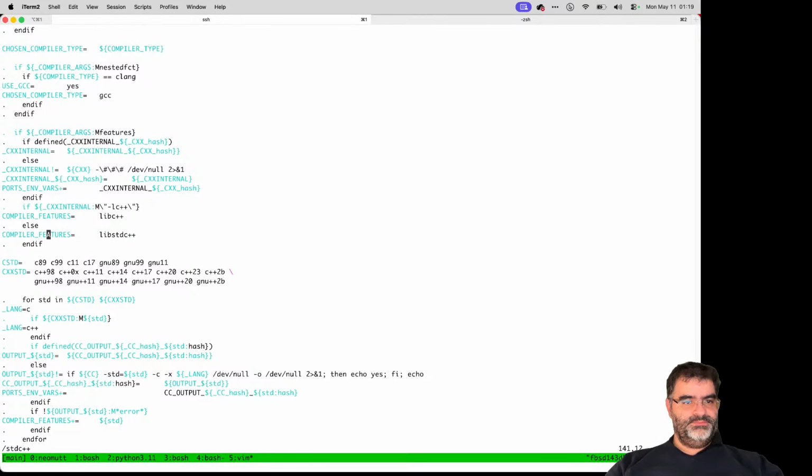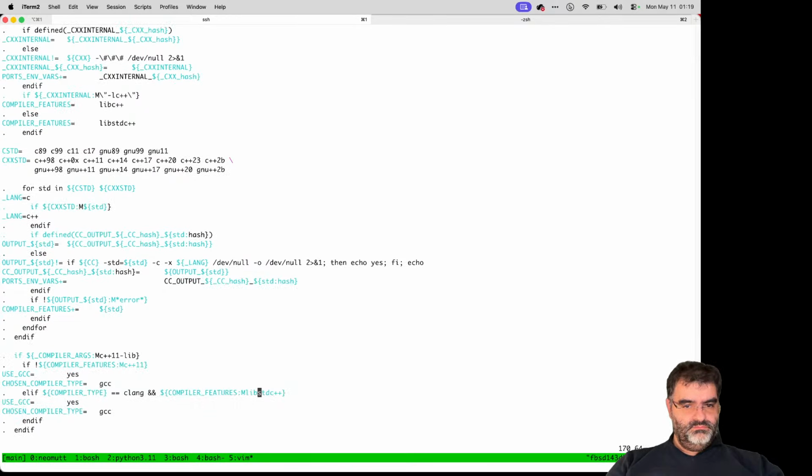Compiler features, use GCC, yes. Exactly. So if compiler matches C++11-lib,